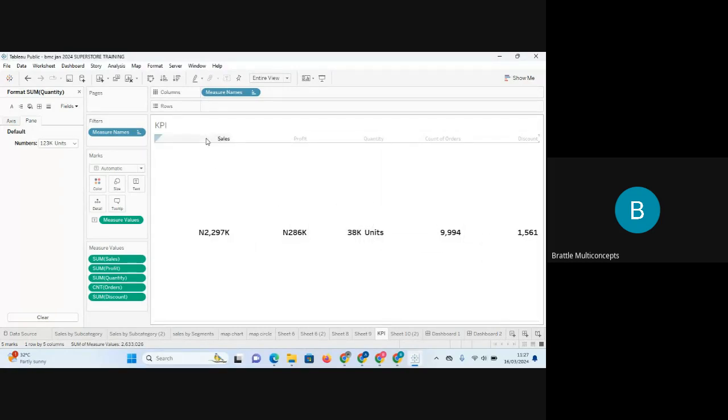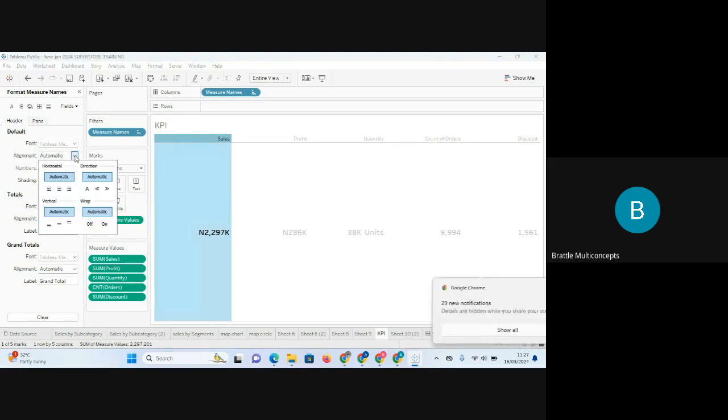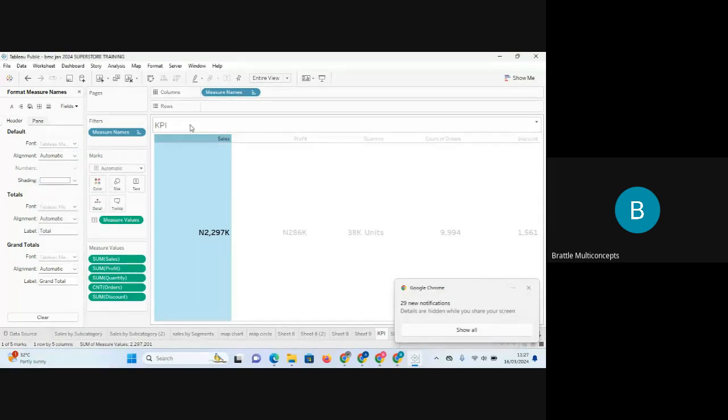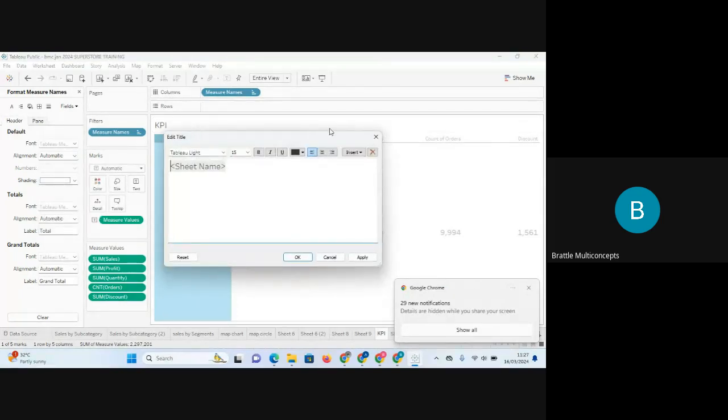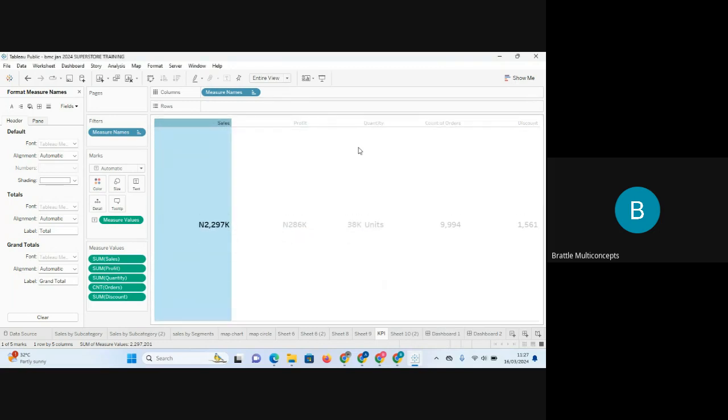So the axis here also, we can format this. What is our axis? The name, the font here, no, the alignment. Okay, let's first see this. I'm going to remove this. Let's hide this title. We don't need the KPI as title. And